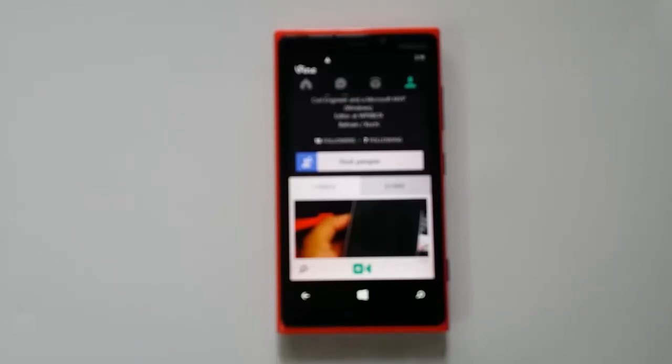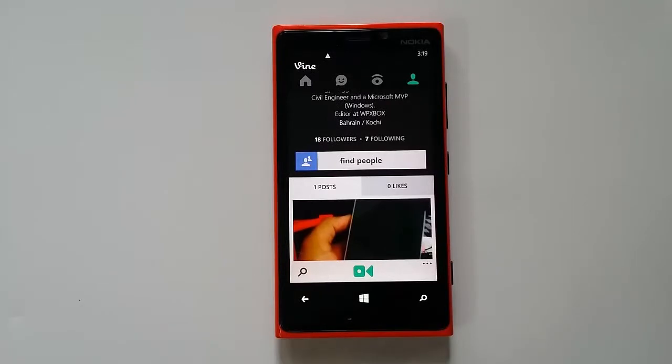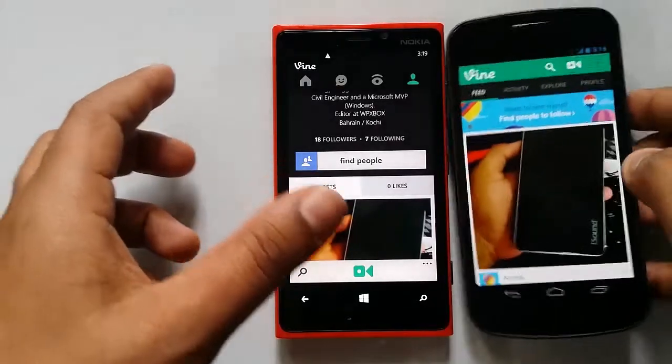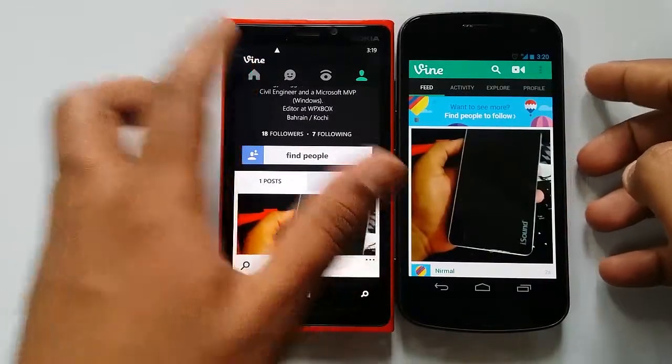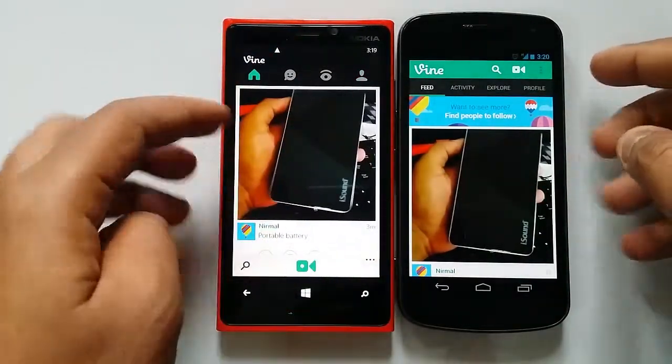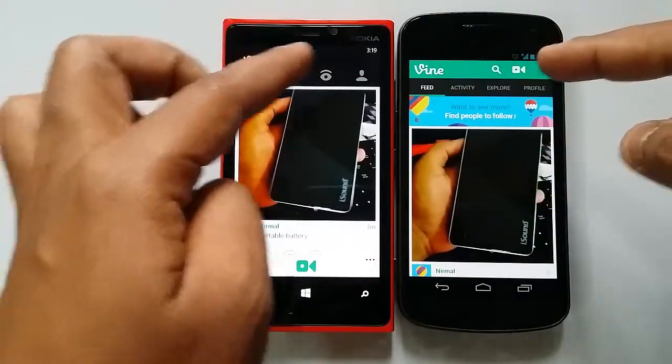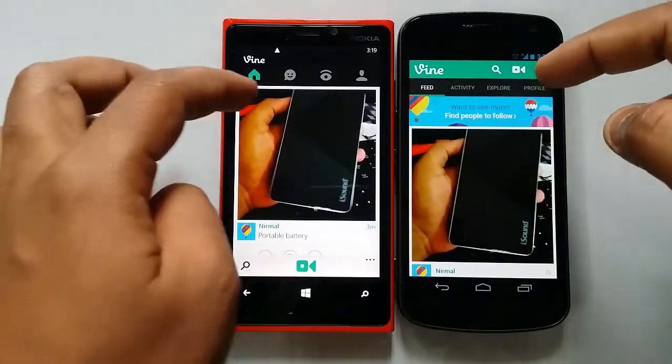Android phones. So now let's have a quick comparison of Vine for Windows phone as well as Vine on Android phones. Right now I have Vine installed on my Android as well. So you can see here. Let's go to the timeline and see. You can see here, instead of the titles, you have the icons.